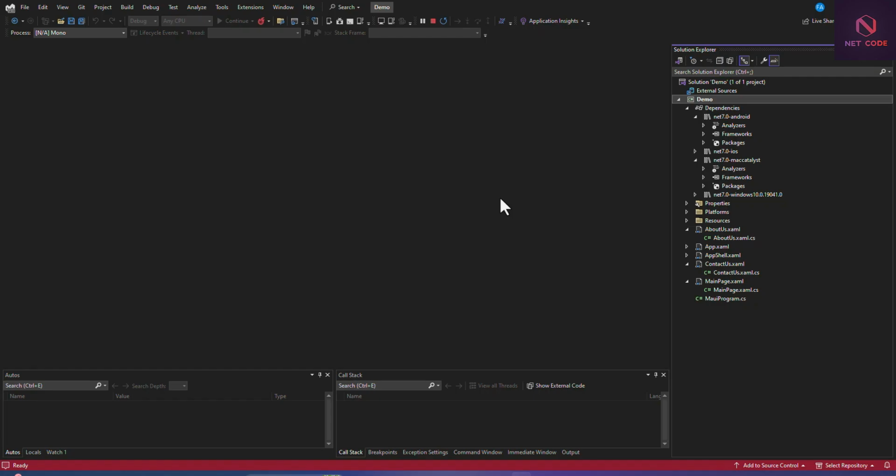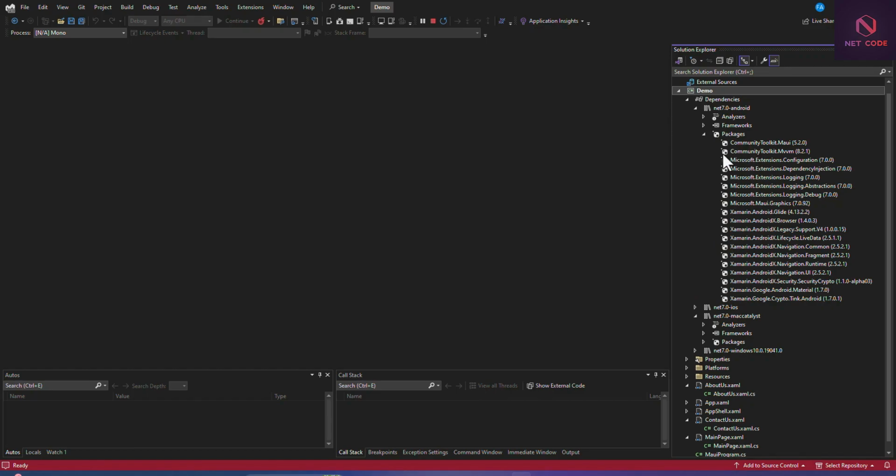We have to use the community toolkit.mvvm because that is the style that you're going to code with. And also we are going to install the refactored.mvvm.helper. So let's install these packages. When we start to use them, you're going to understand why we install these packages. So let's right click on dependencies. So here you have to install this first. I've installed this already. As you can see, we have community toolkit.mvvm.